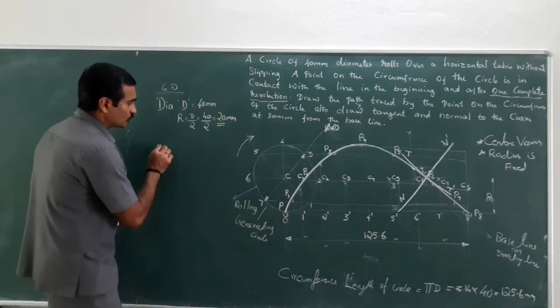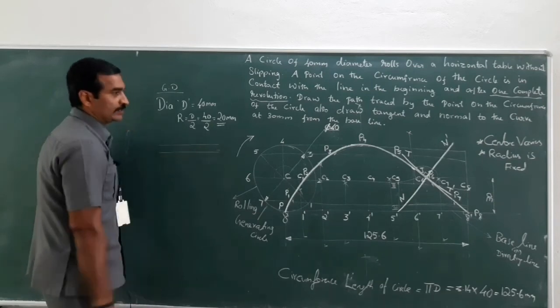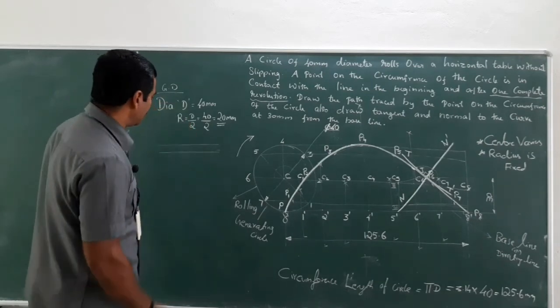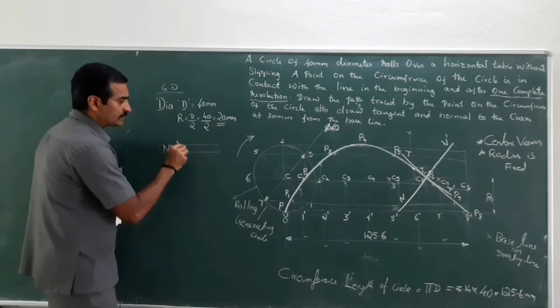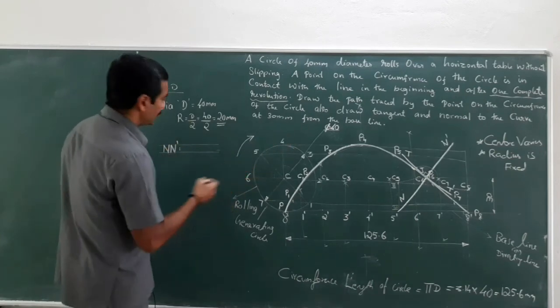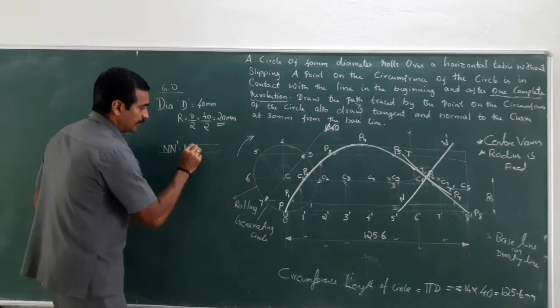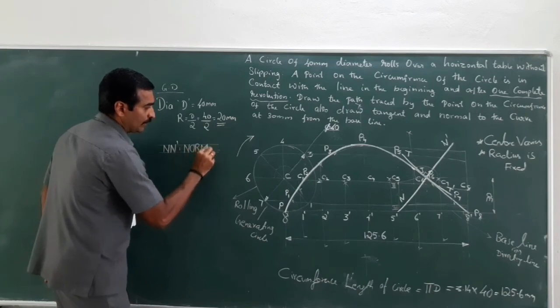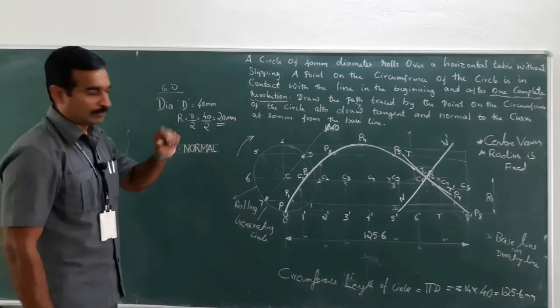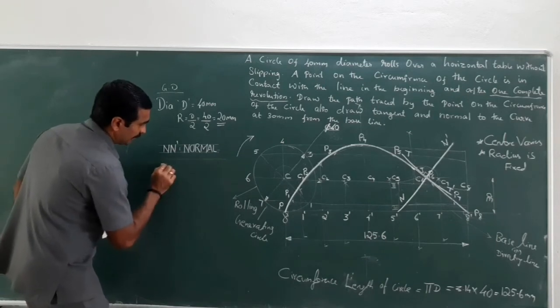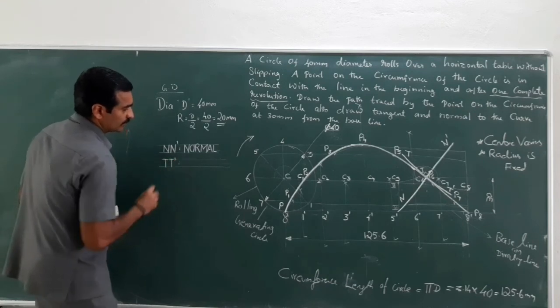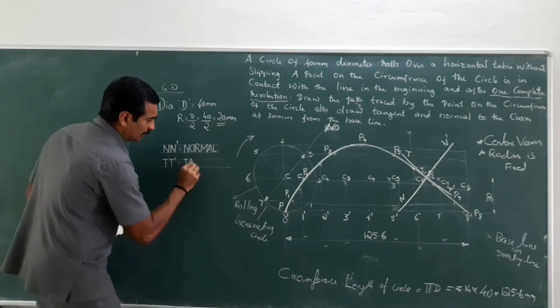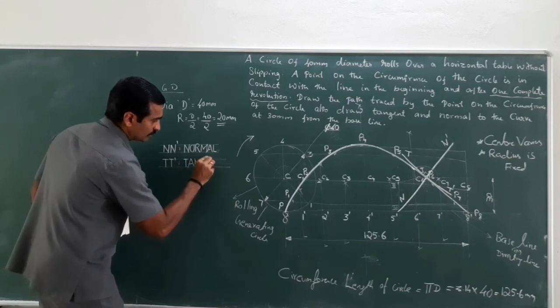So, note, what are the things that should be written. First, we will have to mention N dash. What N dash stands for? N dash stands for the normal. It represents normal. The guideline should be of 5 mm height. So, next the guideline of 5 mm, T dash represents tangent of the particular curve, tangent,